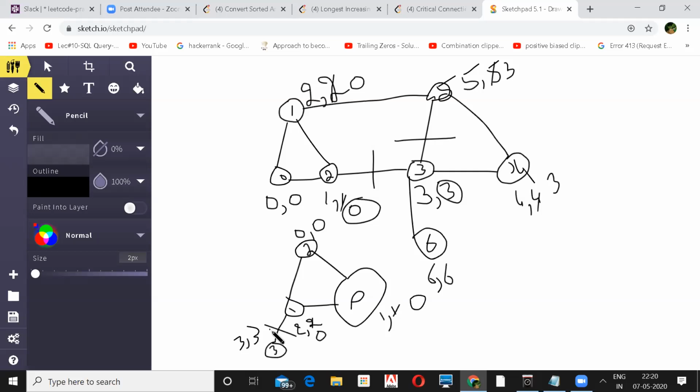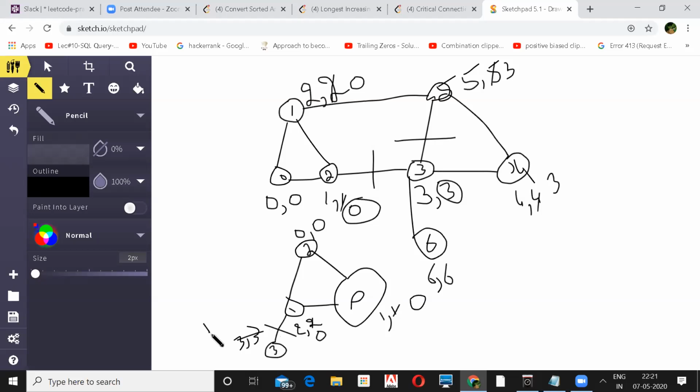I think every time you backtrack, you need to look if you are coming from the same parent. If you are coming from the same parent, you should not update. But if you are not coming from the same parent, then only you should update. So that is one small change. Suppose we start from 3. Then we still need to go all around, and then we come back and update it, right?